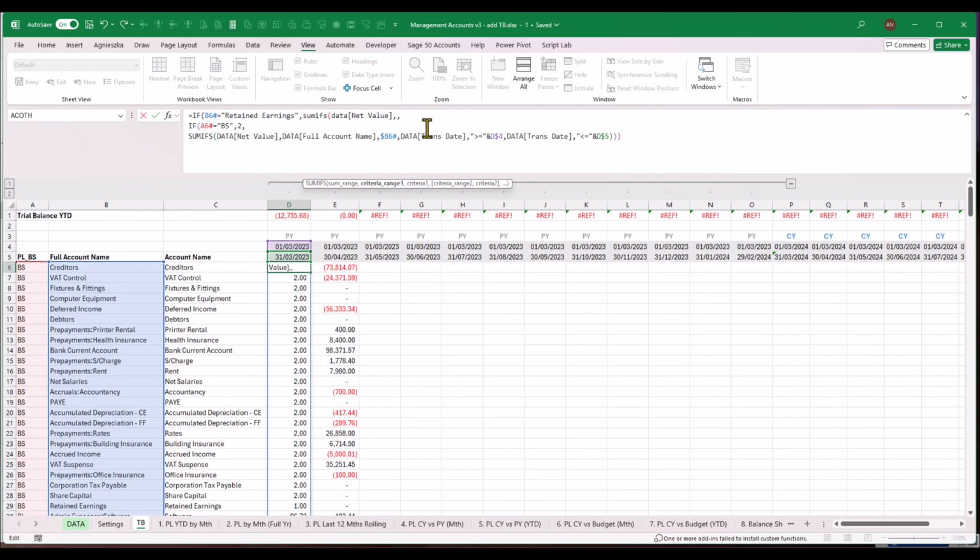We want this column in the table to be equal to P&L, because that's all we're interested in. We want to sum all of the P&L transactions which are before, up to and including, 28th or 29th of Feb 23. So the date